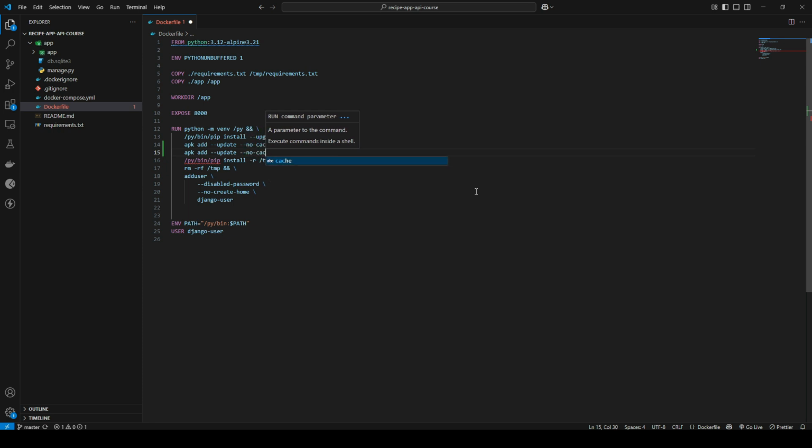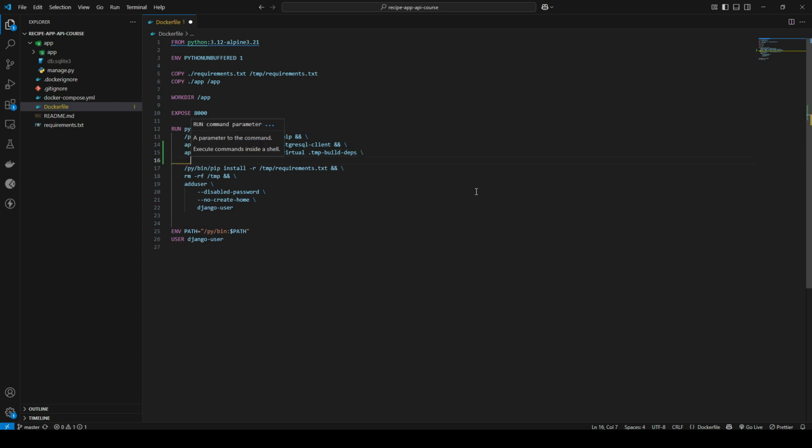--no-cache --virtual .tmp-build-deps \ go to a new line, and then build-base postgresql-dev musl-dev && \